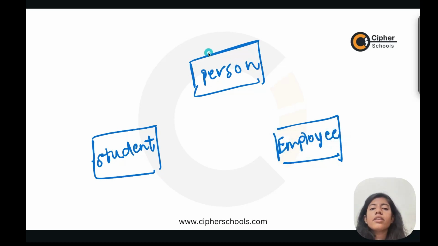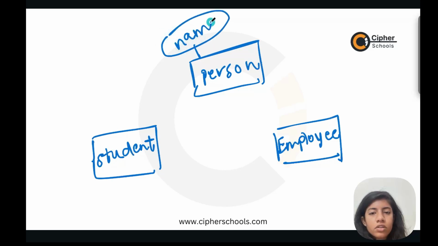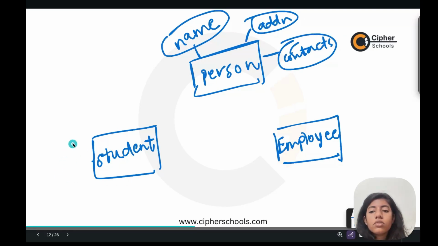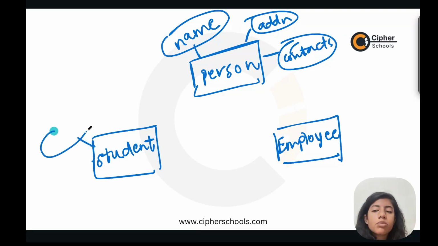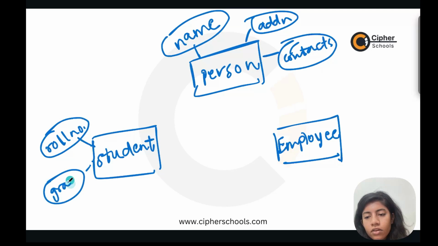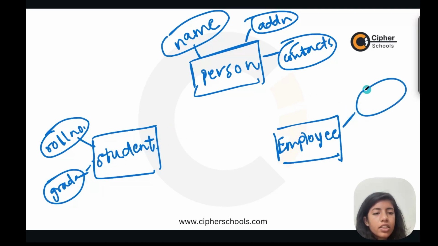Now I can store the attributes which are common to both in this person entity, and store the relevant attributes in their own respective entities. So I can store name here, then I can have address. But roll number and grade are specifically related to student, so I'll have roll number and grade for the student. And for employee, I can have salary